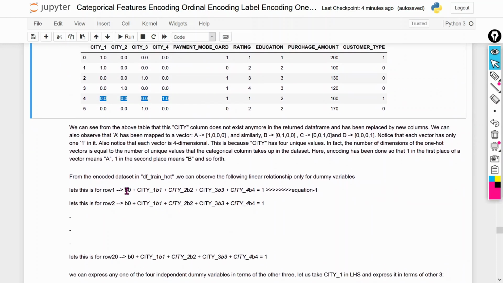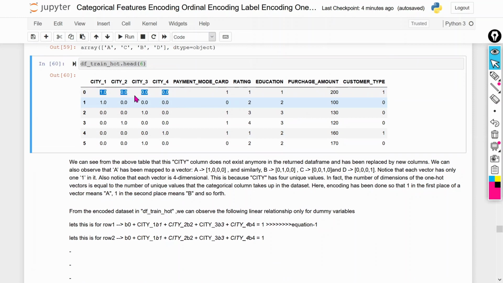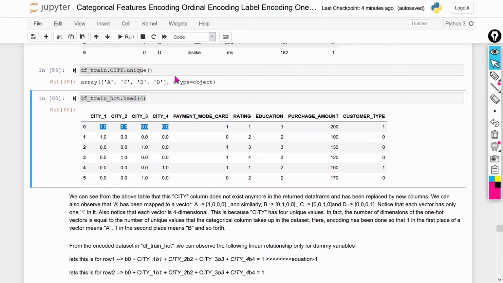So we can write a linear equation for this particular vector. Let's say in our data set we have only these 4 variables. We have city, we applied one-hot encoding, after that we got these 4 dummy variables, and then we removed the city variable.